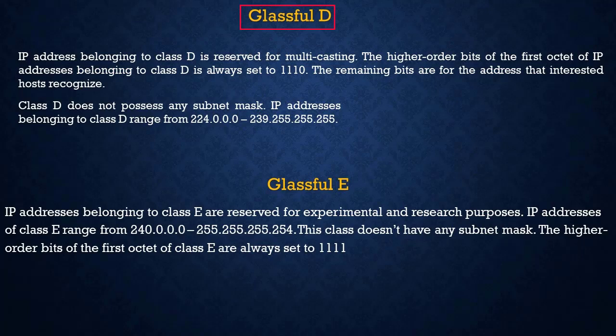The higher order bits of the first octet of IP addresses belonging to Class D are always set to 1110. The remaining bits are for the address that interested hosts recognize. Class D does not possess any subnet mask. IP addresses belonging to Class D range from 224.0.0.0 to